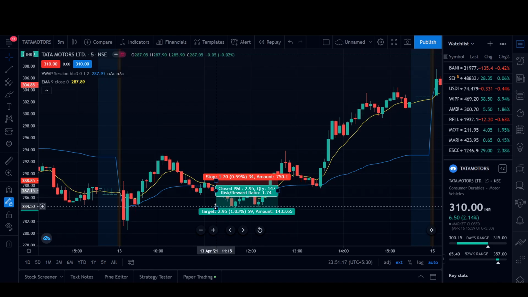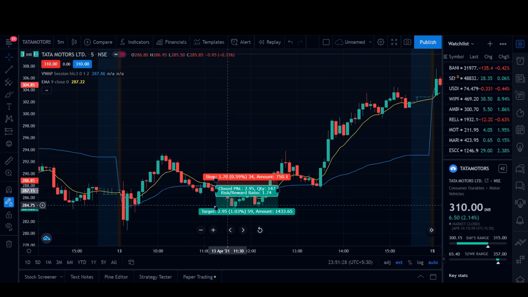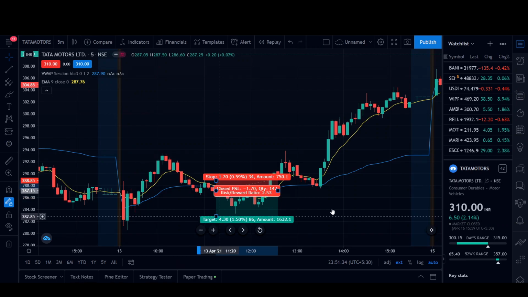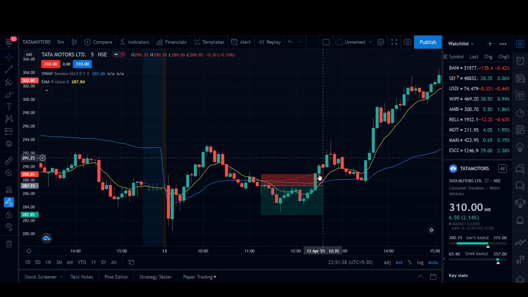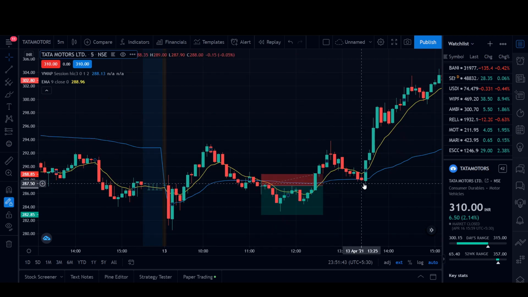Get small and consistent gains, as a 1% target is easier to achieve than a 1.5% target in a lot of trades. I've backtested this strategy over 50 times, and I've seen that aiming for 1% was easier to achieve than 1.5%. So let's say if you were targeting 1.5% here, we probably wouldn't have been able to achieve it. It would have taken a reversal and hit our stop loss, and again we would have a small loss.